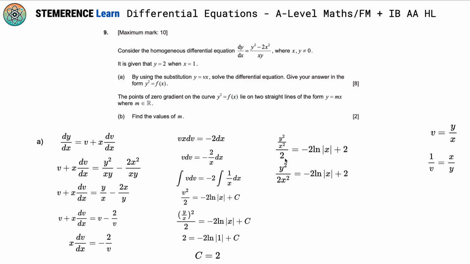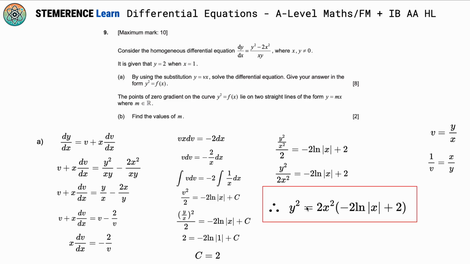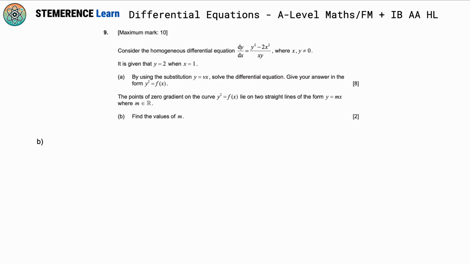If we simplify this further, this becomes y squared over 2x squared. The right side remains the same. And now if we multiply both sides by 2x squared, this is our final answer. So we get y squared is equal to 2x squared times negative 2 ln of modulus of x plus 2. And that's our solution for part A. So moving on to part B. So for part B,